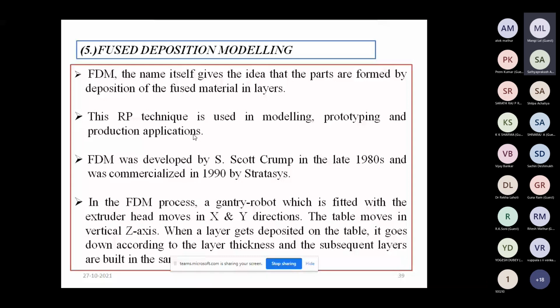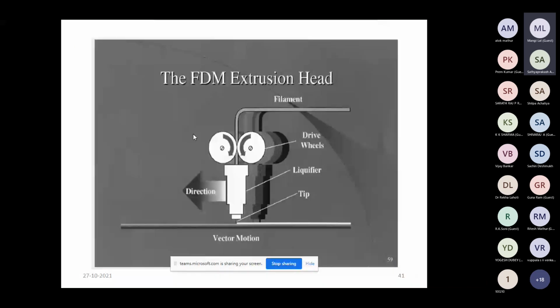So let us see what is the basic principle of fused deposition modeling. Because FDM is an extrusion based process, there is an extrusion head. In this extrusion head, a filament, which may be in the form of wire or polymer material or wax material, or plastic material, goes through the drive wheels and into the heater, which is also known as the liquefier.